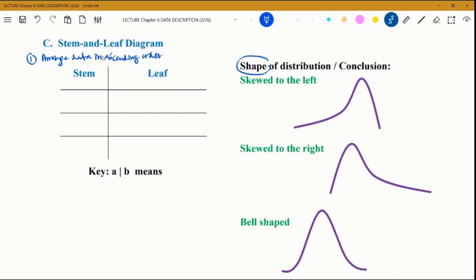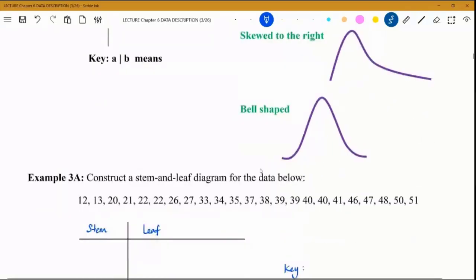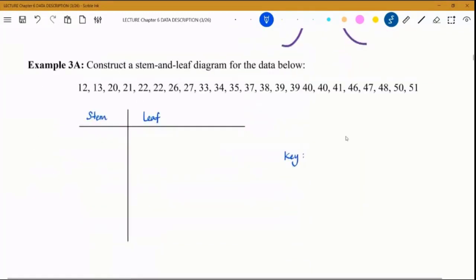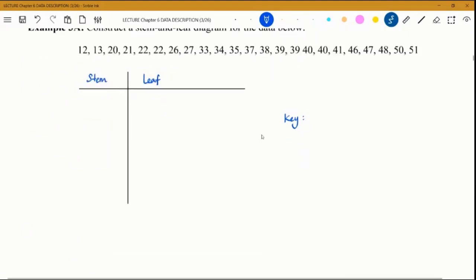Okay, and then we put this diagram. So for example 3A, is it already arranged in ascending order? Sudah tersusun belum? Sudah, Miss. Okay, so no need. Okay, good. So now for the stem and leaf, kalau kita tengok pada data kamu, kita ada 2